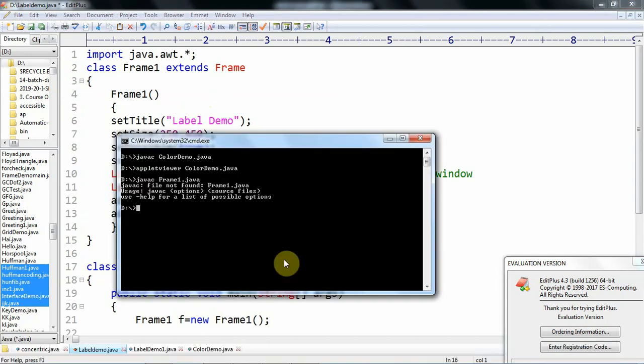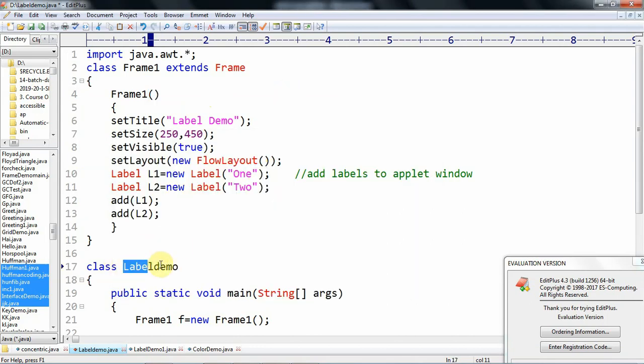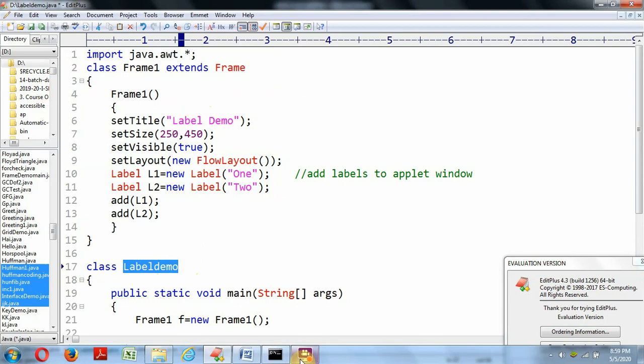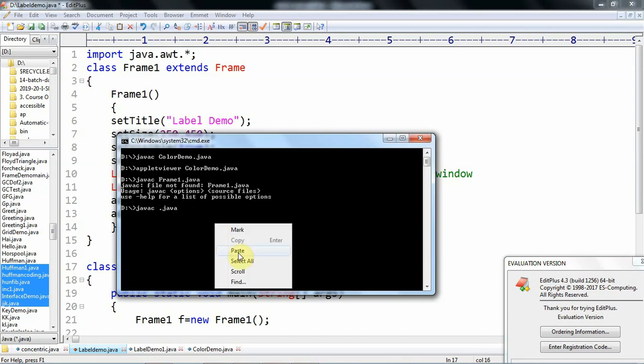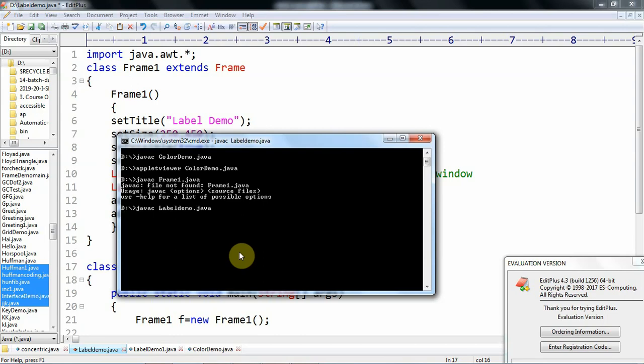Sorry, here the file name is LabelDemo, so LabelDemo.java. The program is successfully compiled. Then we go to run. Because this is a Java application, we need to execute it by using the Java interpreter, that is java.